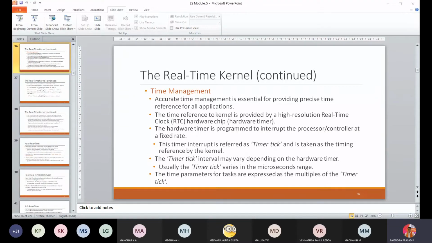Next part is hard real time. Real-time operating systems that strictly adhere to the timing constraints for a task are referred to as hard real-time systems. Now, which are the examples for hard real-time systems? The first example which will come to mind is the ATM machine, right? When I insert the card and give input, it should respond immediately. It will not wait. If I take a mobile phone and dial, sometimes it will connect, sometimes it will not.